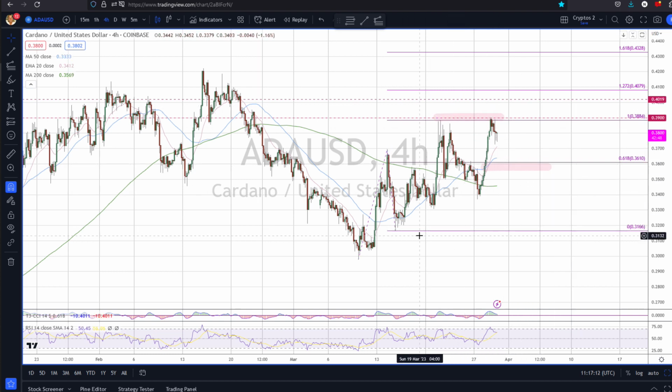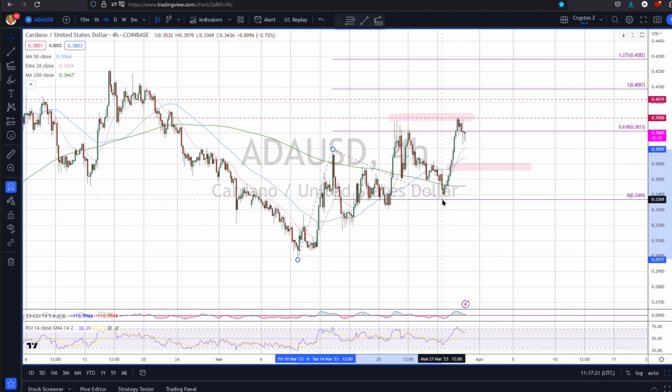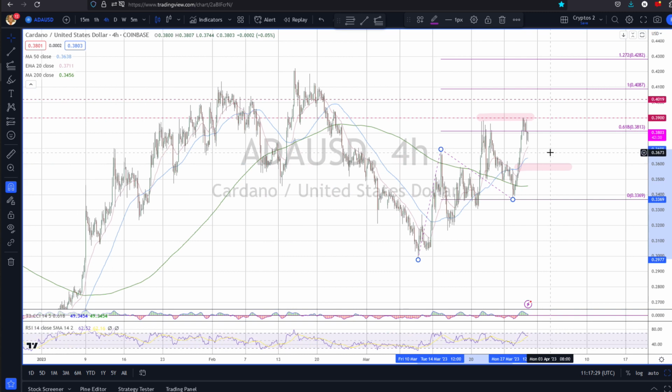Now, when I look at this, it doesn't look to me like a very clear one ABC. In fact, what looks more likely to me is that we did one of those running corrections. So we've gone A and then A, B, C for a B leg, and we could do another leg higher from here. And so that means that we're actually at this 61.8,